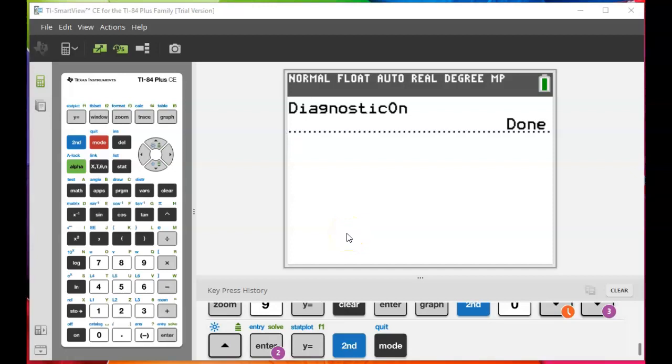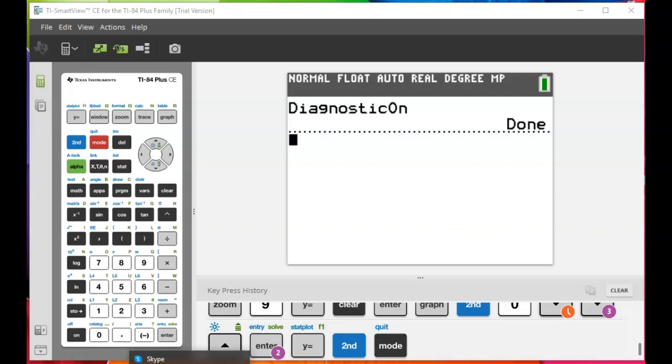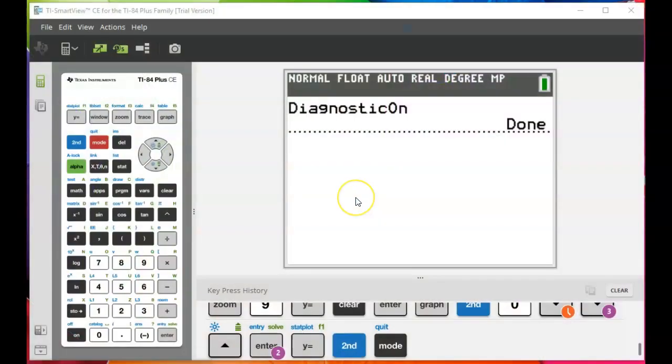Hey, this is Mr. Beckstrom, and I just wanted to do a quick calculator tutorial to help with project one. I just wanted to input some data and to graph that data to create the lines of best fit, which are the regression equations, store those, and find where they intersect. This project's asking quite a bit, so I just wanted to make sure that you can kind of do the